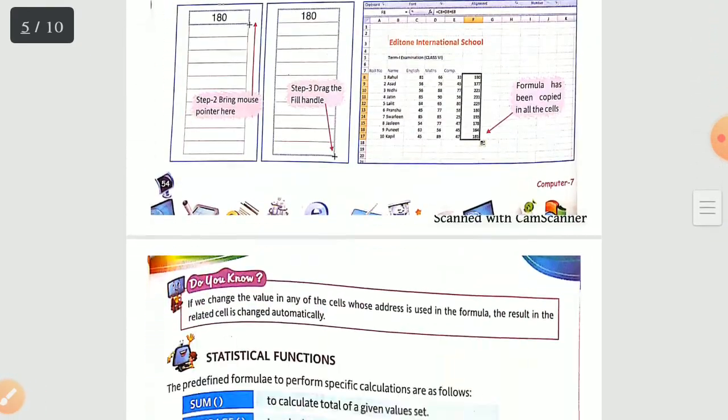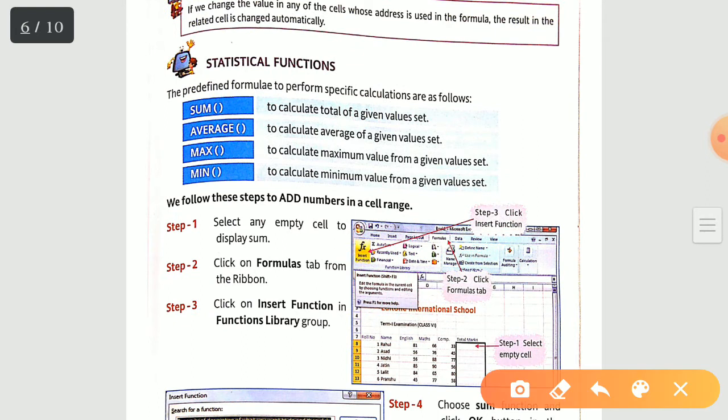See, on page number 55 we have a heading that is statistical functions, right? In the previous two videos we have seen some of the rules for writing the functions. We have seen what the valid functions are, what the valid expressions are, and what the invalid expressions are. Previously, when we were about to find the sum, we were doing 10 plus 20.